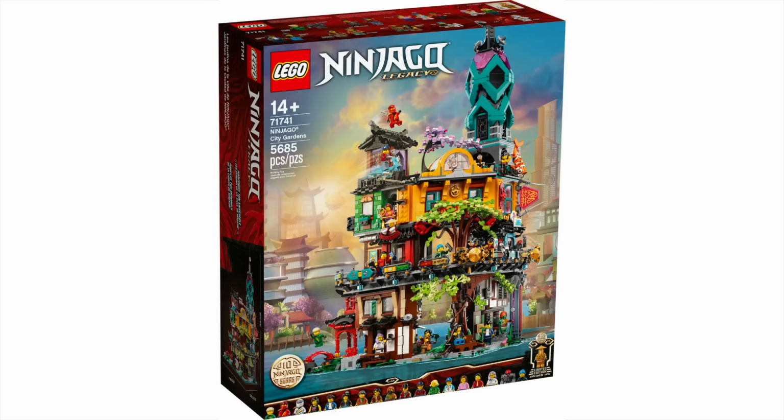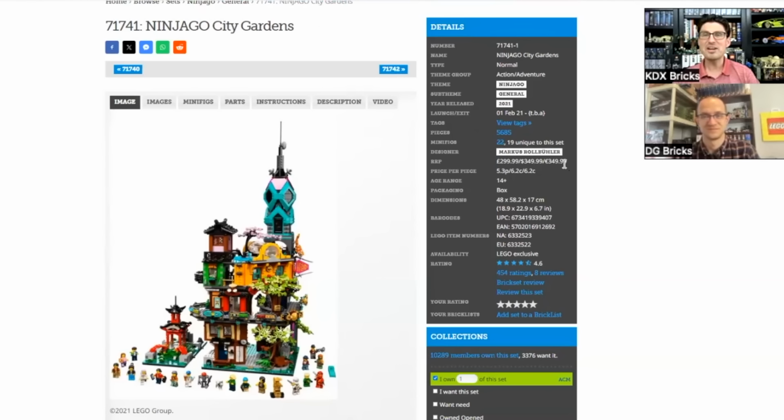All right, everybody, we have made it. We are down to our last set, and we saved one of the best for last. We didn't do that on purpose. That's just the way the chips fell. But I think DD and I both agree that this is a really good one, and it is Ninjago City Gardens. $350, huge price tag, but 22 minifigures and